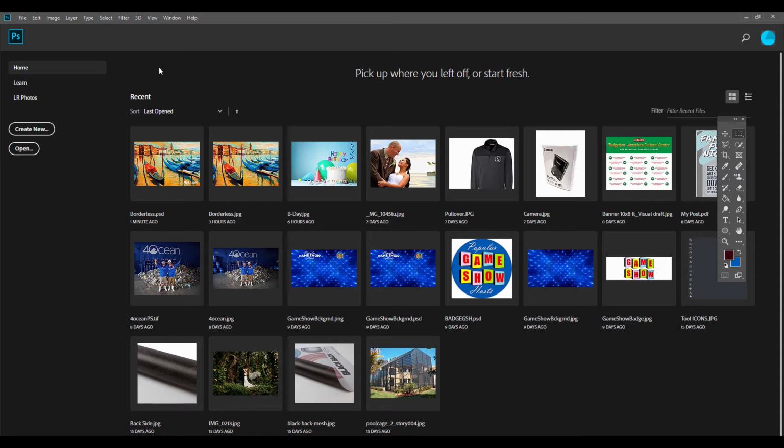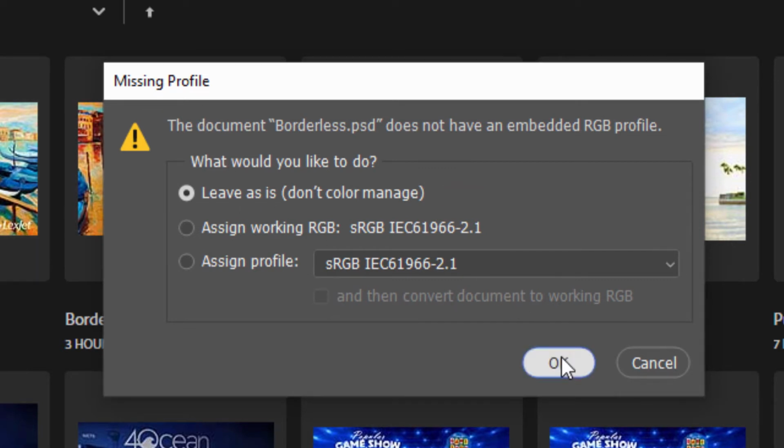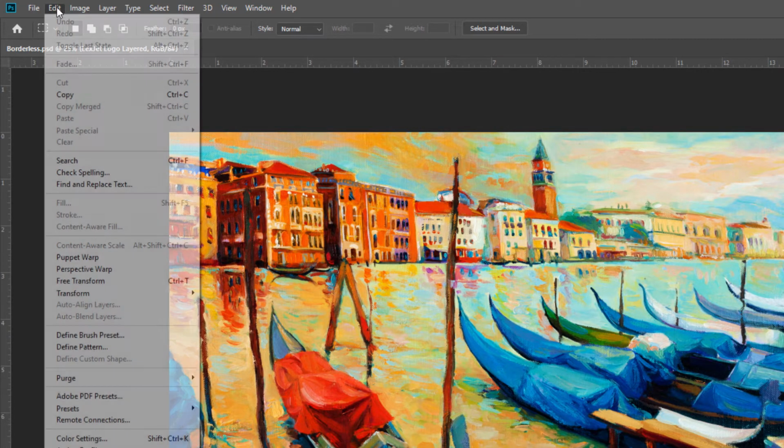This is a quick video on how to color manage untagged images using Photoshop CC 2019. Start by opening your image. If your image is missing a tag or an input profile, the missing profile window will populate. Choose Leave as Is, Don't Color Manage. Click OK. Once you have your image on your screen, go to Edit,